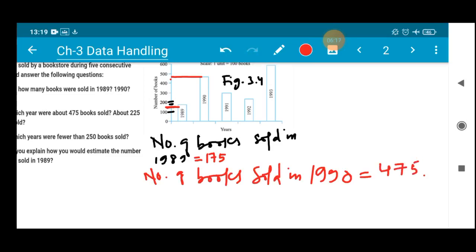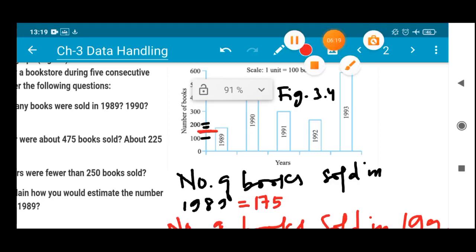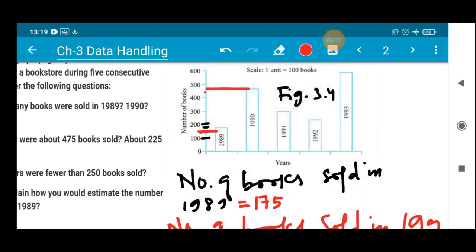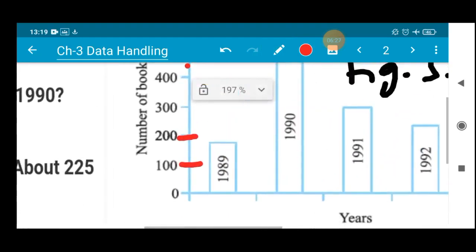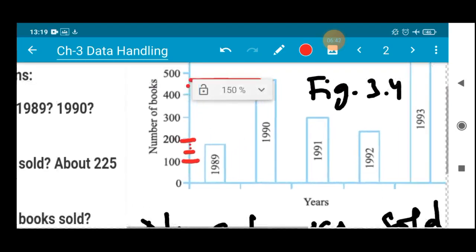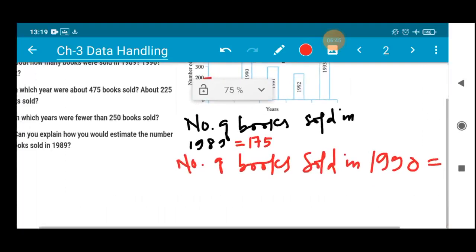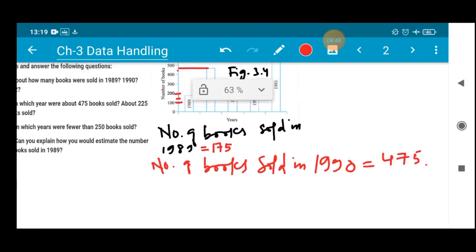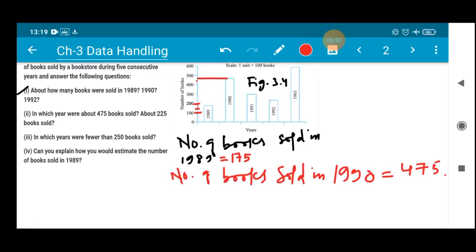Similar to 1989, it is 475 books. Here also, if you people are getting confused, I'm re-explaining this. This is 100, this is 200. If I zoom it, and if suppose this is 150, you can see 50, 60, 70. So it is around, if you want to write it as 170 also, that is approximately correct. I'm writing the approximate value only here. So it is 175. Similarly, in case of 1990 also, you may write 470. That will be okay, but not less than that.